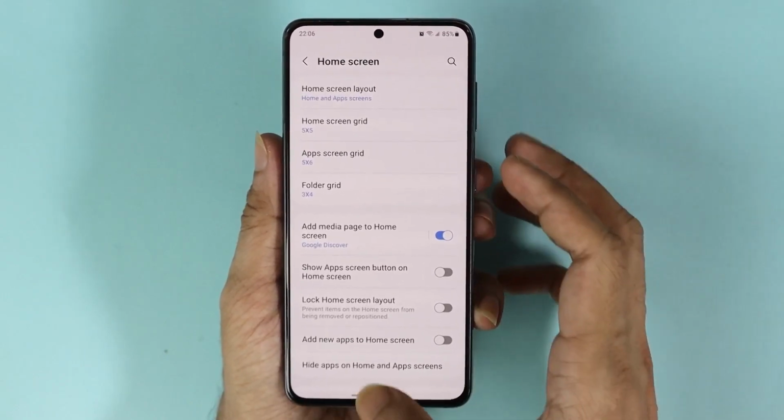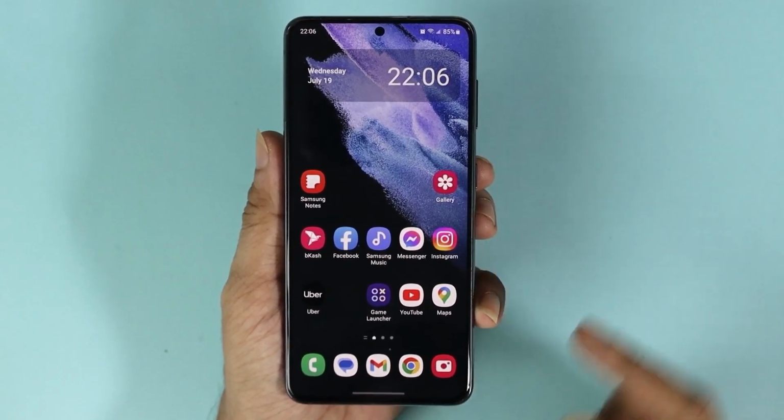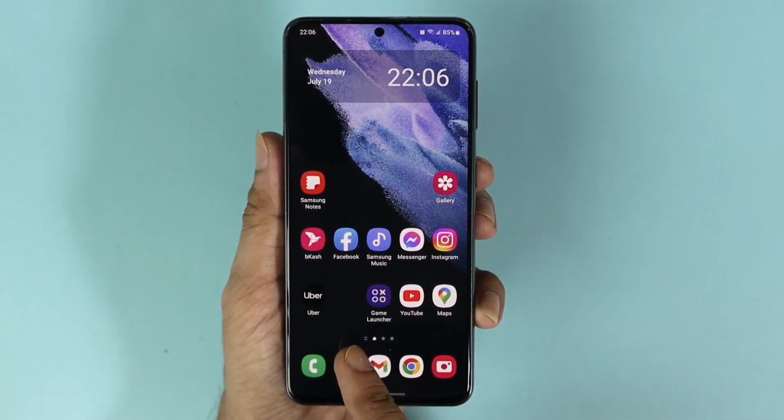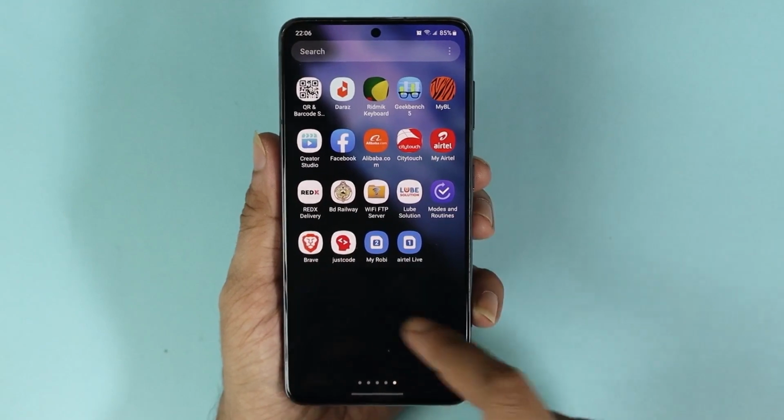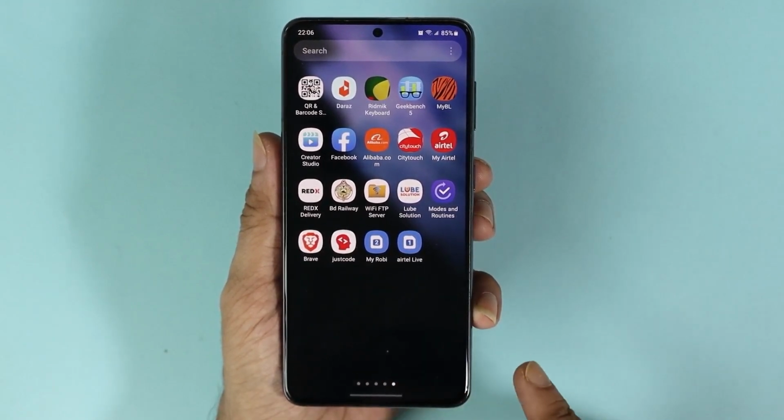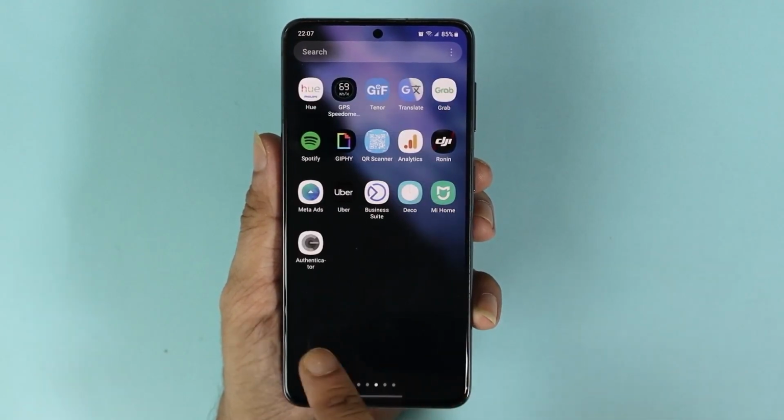our phone. And now if I go to my home screen, you can see that WhatsApp is not in here anymore, and if I go to my app drawer or app screen, you can see that WhatsApp is not in